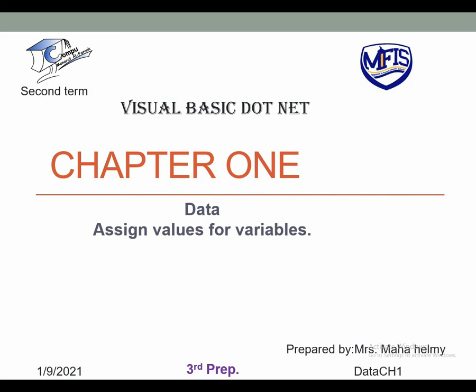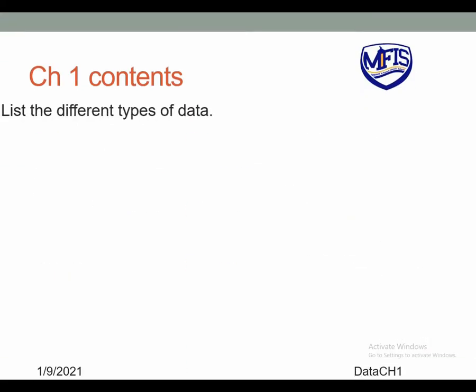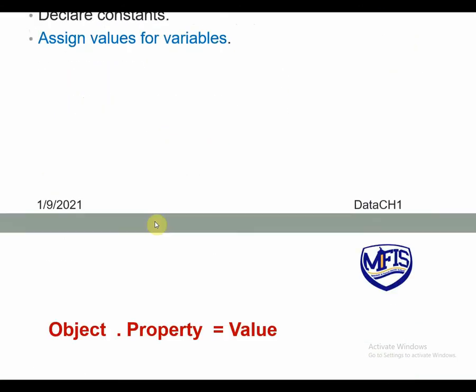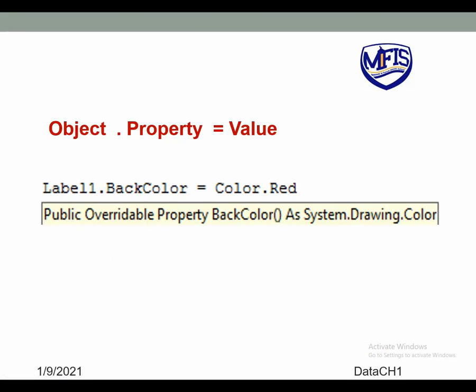Good morning, dear students. We will continue chapter 1, assign value for variables. As you know, we have studied in chapter 1 the different types of data and how to declare variables and constants. In this video, we will know how to assign values for variables or constants. But at the beginning, I want to remind you with this code